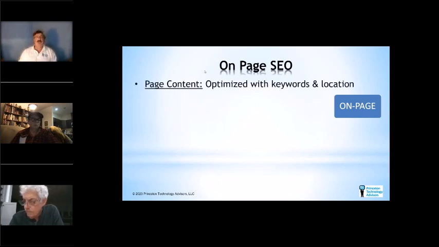So one way is what's called on-page SEO. And if you have a website, you have web pages. And so on-page is on your web pages. And you have your page content. So you want to have keywords that are relevant to your content, that are relevant to the way people search for your content. And we talked a little bit about that earlier. About 3 or 4% of the keywords or the words on any page should match the keywords that people are going to use to search for your content. Not what you think they should use, but what they actually do use.